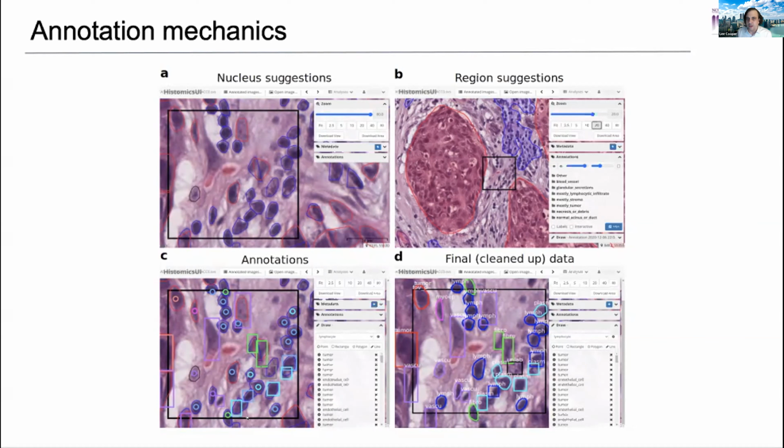And then what the volunteers do is they go in and they confirm by clicking correctly segmented cells. That involves a single click for each of those cells. For cells that are missed or incorrectly segmented, they'll draw a bounding box. This allows us to collect a combination of segmentation data and bounding box data, which we call a hybrid data set. It relieves the annotator from having to actually trace individual cells, so we get that segmentation data for free. Once we clean up this data and get rid of the bad segmentations, we have a mixture of good segmentations, polygons, and bounding boxes.